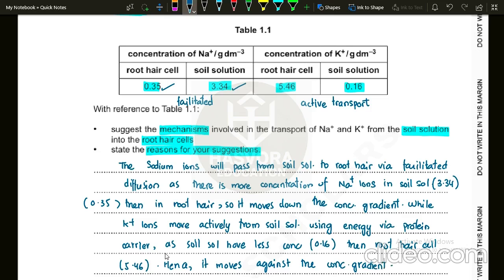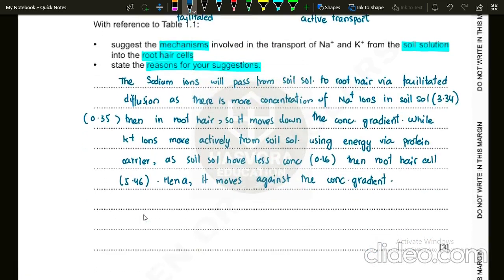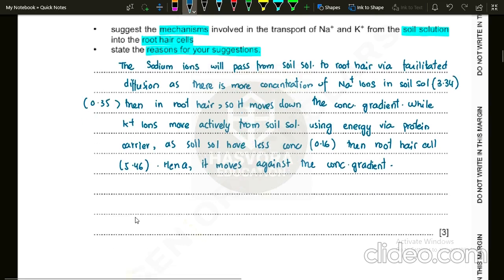So this will be your answer. This is a 3-mark answer. 2 marks for the mechanism of the sodium and mechanism of the potassium, and 1 mark for the explanation of why you think that this will be the mechanism. Okay, so